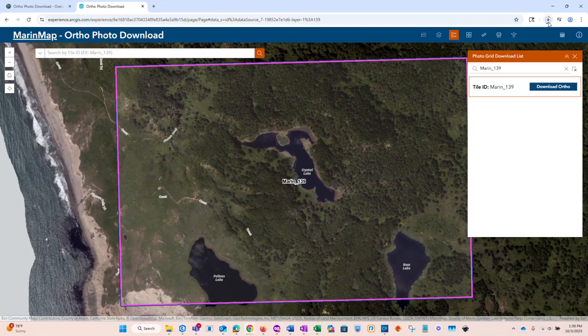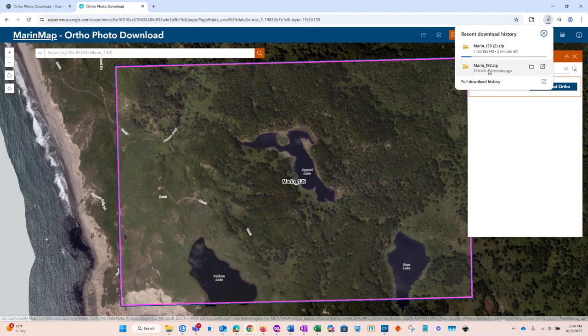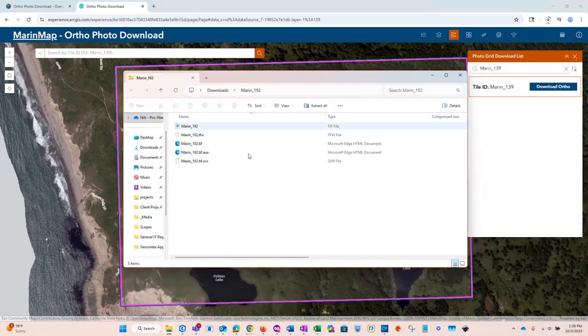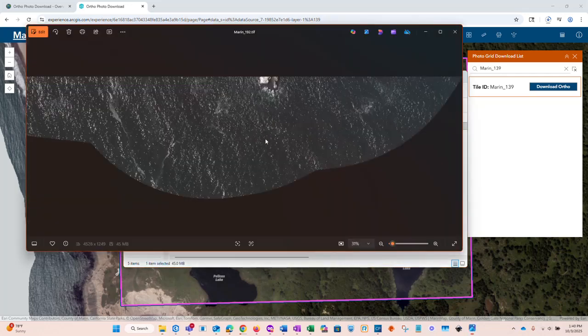And this one's going to load a little bit slowly because it's a pretty large photo, but I have already downloaded a smaller photo to show you in the demo. It's just going to show up as a zip file in your downloads, and you can go ahead and just click on that download and it will show you that TIFF file along with some other reference files that come along with that TIFF. And you can double click that TIFF and you can see this is a smaller aerial,